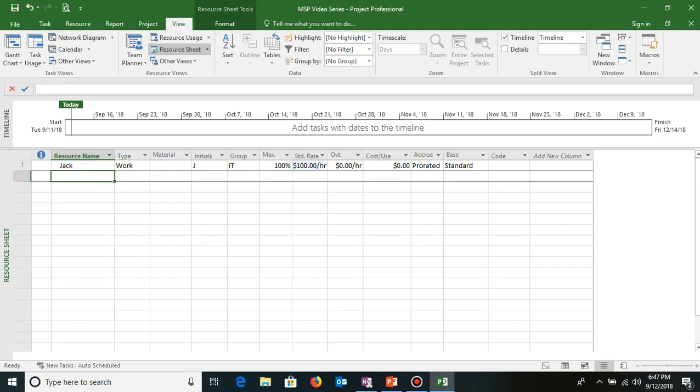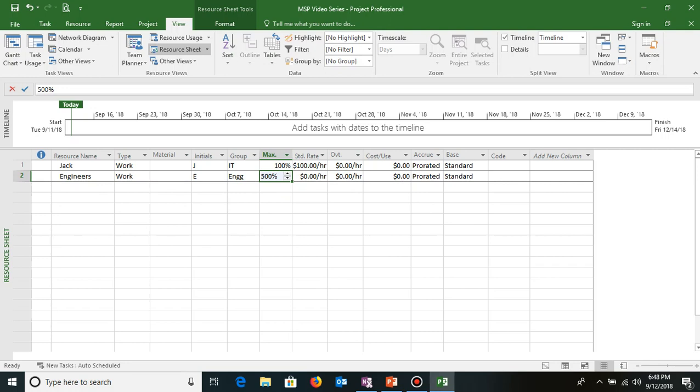If I have to create a work resource, a human resource group, let's say I have 5 engineers working in my project. One option which Microsoft Project gives us is that rather than creating 5 different engineers, I can straight away create a group resource. So I'll type engineers, work, and let's say this belongs to the engineering team. Under percentage, instead of 100, for 5 engineers I'll type 500, which means these are 5 different resources that will be working together in